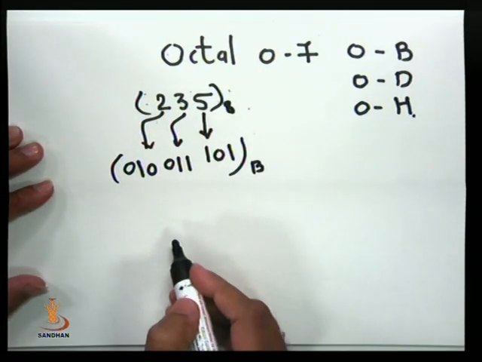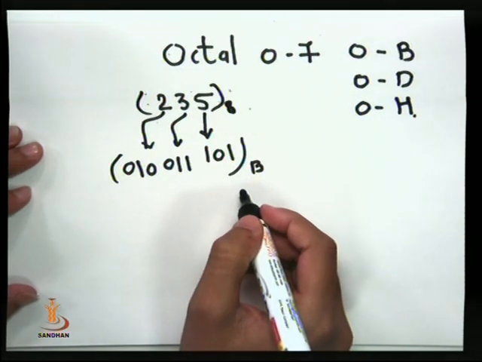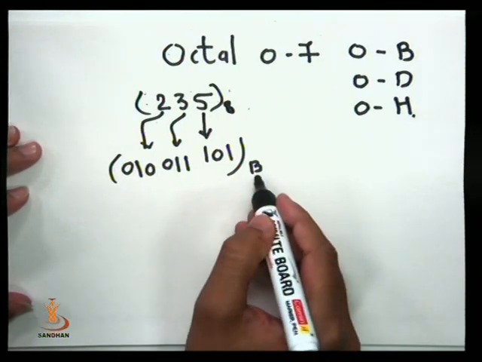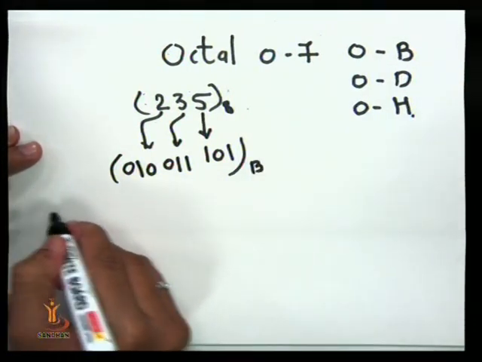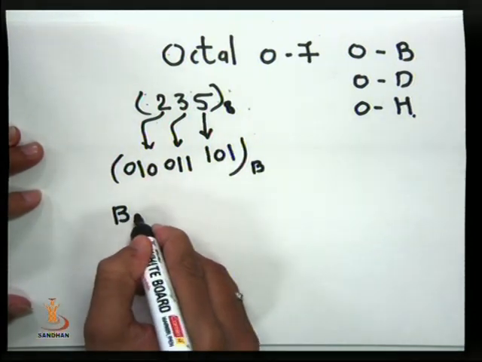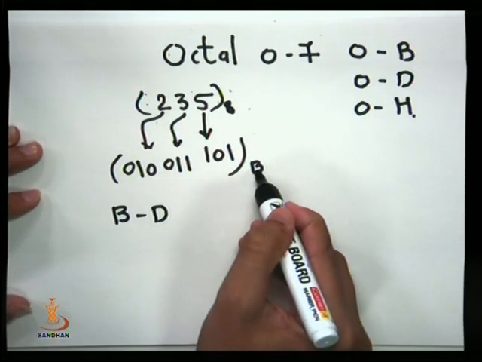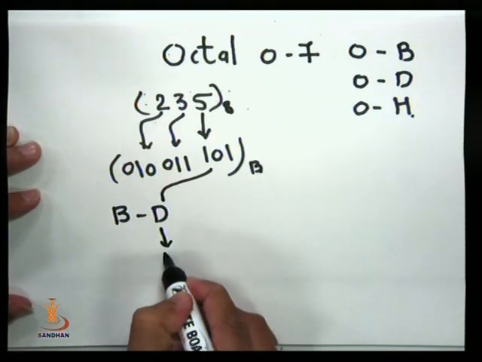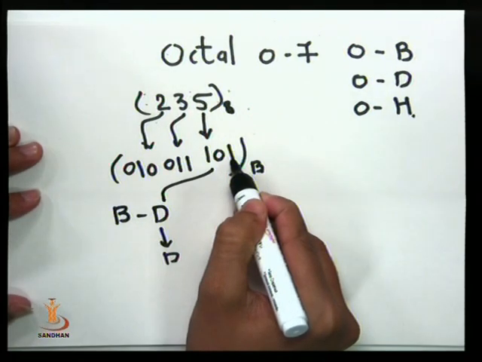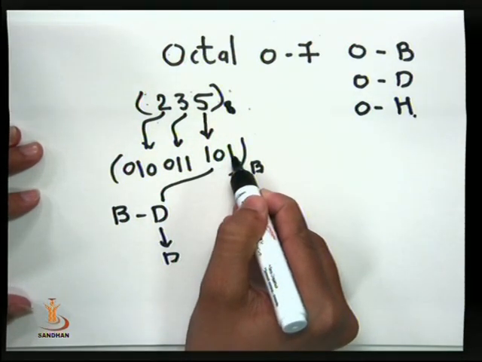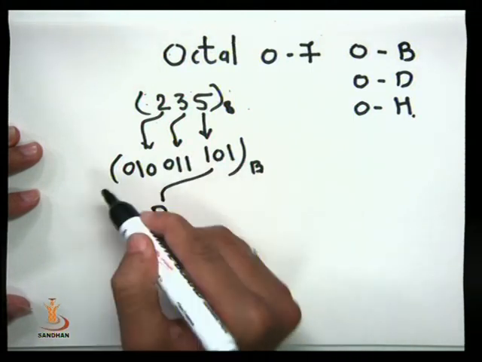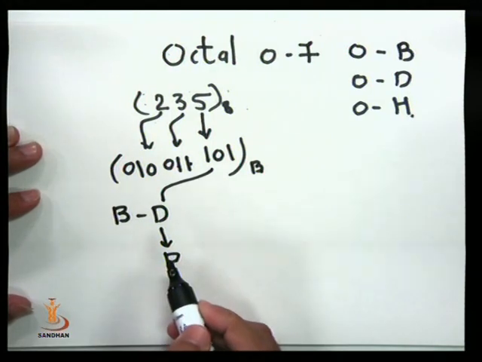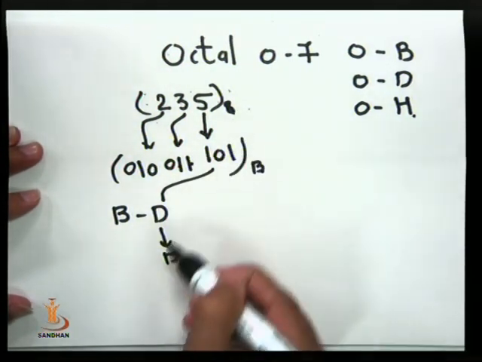Now octal to decimal. Here we have simple steps. In our previous study, we have seen binary to decimal. I told you how to convert binary to decimal. So you have a binary number, and you move from binary to decimal directly by multiplying the lowest significant digit by 2 raised to 0, that is 1, and the upper digits by 2, 4, 8, 16, like this. You get the multiplication, and you will get the octal to decimal.